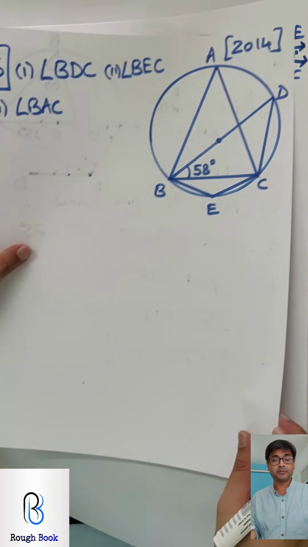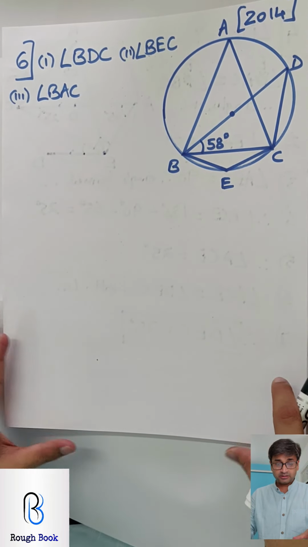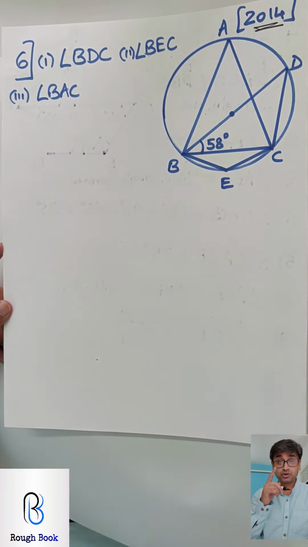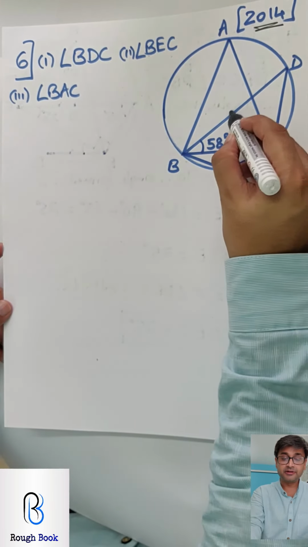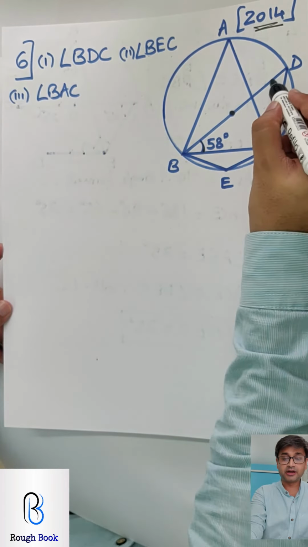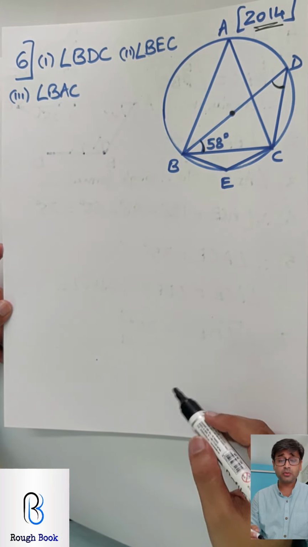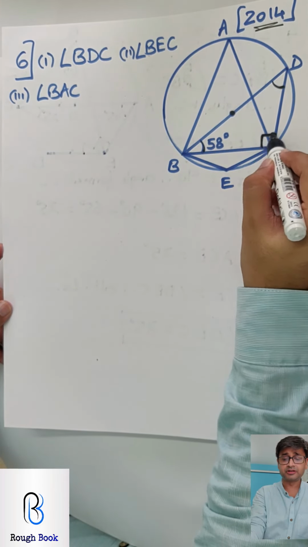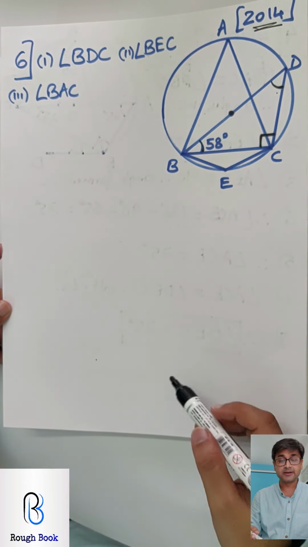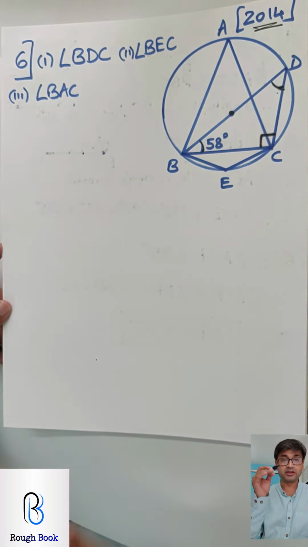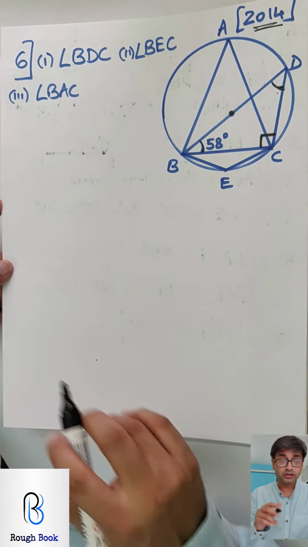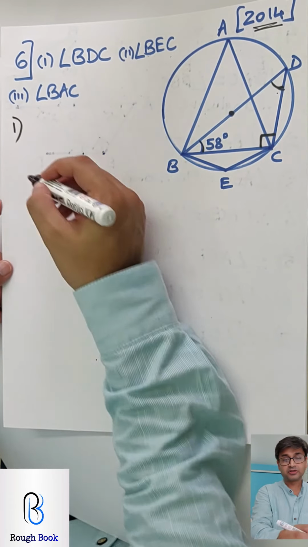Let's take the next one, sum number 6. This is a 2014 board question. So you must get this on your own. Diameter BD, 58 is given, nothing else. Your target is BDC. Very simple, 90 degrees, because it's an angle in a semicircle, and then angle sum property, I can easily find this. BDC was very simple. So let's get BDC and then we'll discuss it further. In the meantime, if you can get the whole thing on your own, nothing like it. So let's try it out.